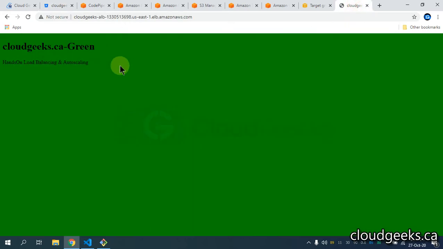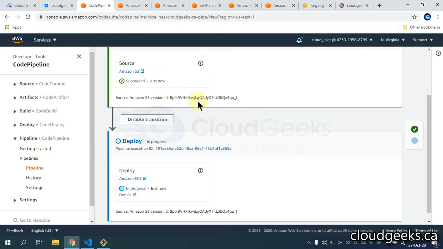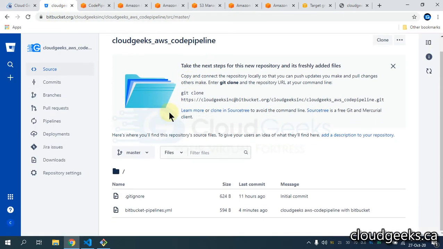So I've already shown you that this is the one which we have set up with the new version automatically deployed. We are not using anything manually from AWS. All we are doing, the triggering of our pipeline, is from Bitbucket, and it is going to trigger the AWS CodePipeline. So AWS is really powerful.